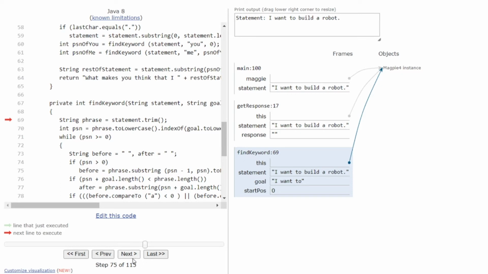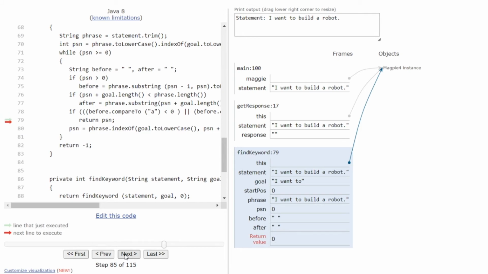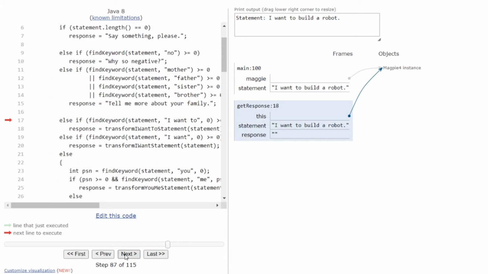The next thing it's going to do is chop off the period because we found the phrase. And you can see before and after our want to, we don't have anything. It's blank and the after is blank. At this point, we have to identify the I want to part and the part we want to keep. And the part we want to keep is going to be everything after the I want to. So resetting our position here. Everything after that is a robot. This part is just looking for the position, where to cut and where to start copying.